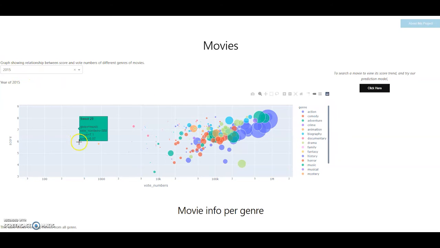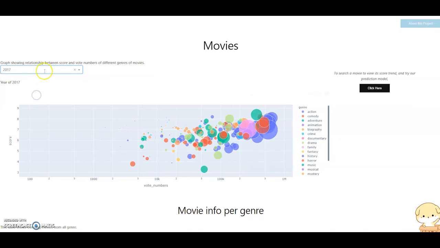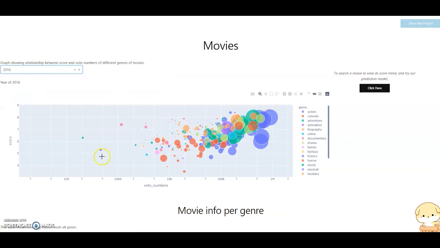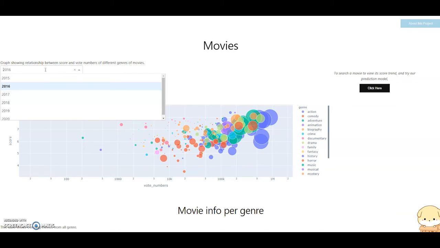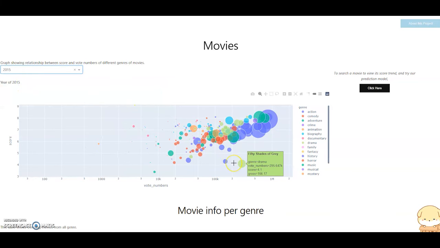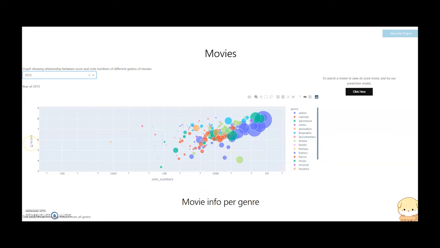Basically, the first part of this main page has a roll number versus score, and it has a drop-down menu of different years. Overall, we can see a positive correlation between roll numbers and scores, which is easy to understand, because the higher the score is, there will be more people willing to pay for the ticket to see the movie.